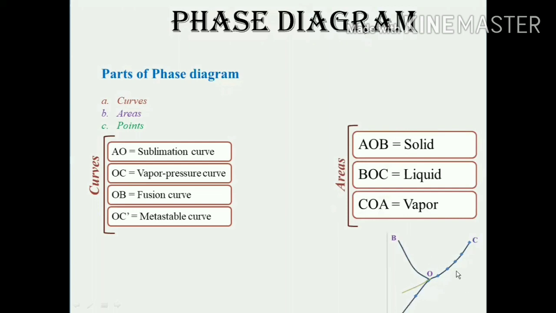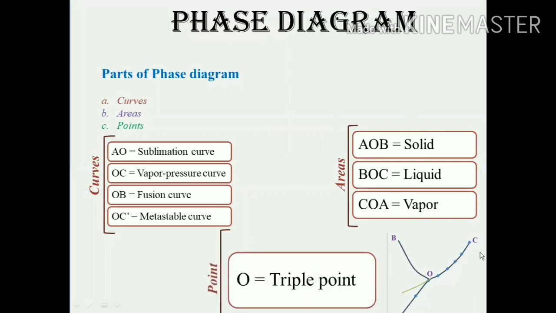Let's see the story for the areas that we studied just now. We have three distinct areas. The area lying to the left of the curves AOB, A is not visible over here in the slide, it's just hidden behind it, is, of course, the solid phase of water. The area above the BOC part is the liquid, and to the right of the AOC curve is the vapor phase of water. So we have curves and we have areas. And of course, we had a point, which is the triple point, and it has its own significance, that we'll study in the consecutive slides.